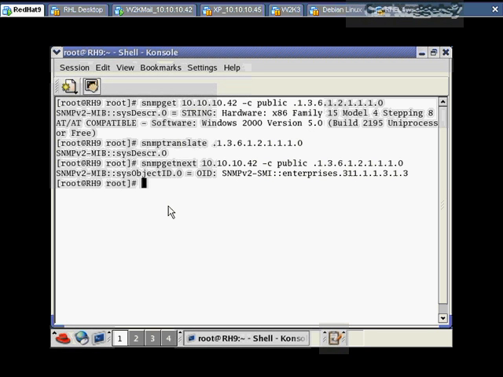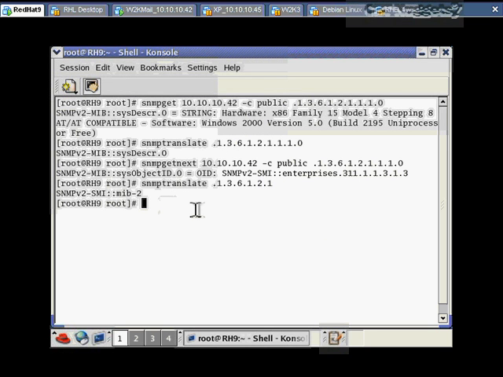So let's go ahead and give this a try. First of all, just out of curiosity, let's see what this .1.3.6.2 is. Okay, so let's do an SNMP translate on .1.3.6.1.2.1. And that's going to give us our MIBs there, a range of MIBs. So the next thing I'll do then is SNMP walk, followed by 10.10.10.42, community string of public,